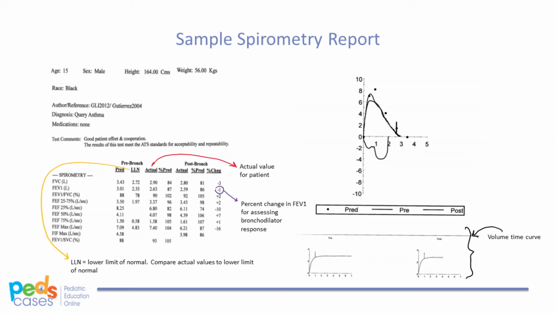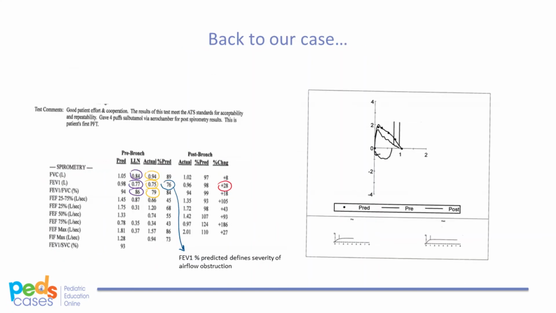In children 12 years of age and older, as well as adults, you're looking for the 12% increase plus a 200 ml increase in the absolute value of the FEV1. In this case, there was no significant change in the FEV1 with use of a bronchodilator. So overall, this spirometry is normal. Now, getting back to our case,